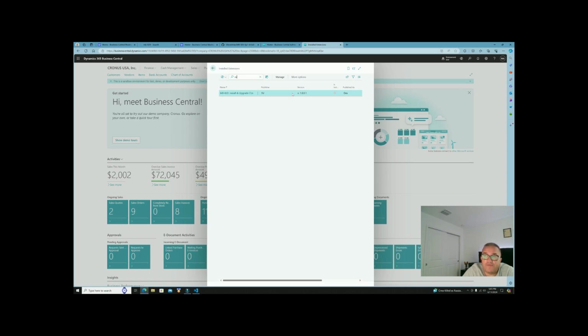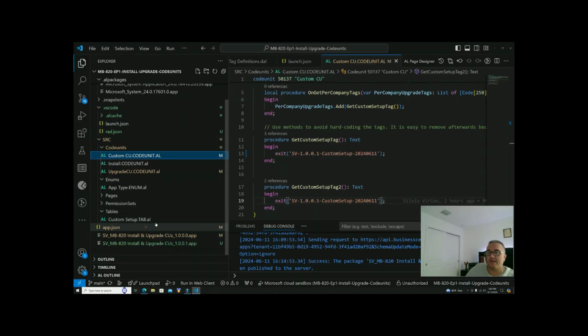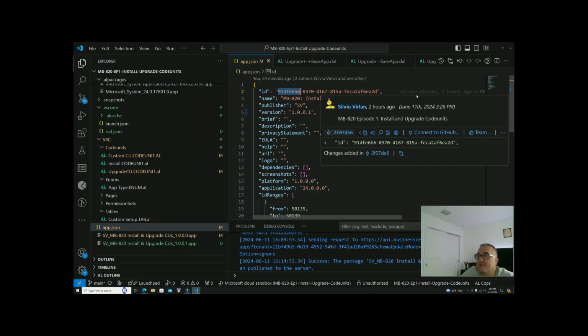And if you run an upgrade tag and insert it for a company, and then you do just like I did, changing the application ID in app.json, you give it a different ID, and you run the same code, the system doesn't know where that tag came from, because it doesn't have the app ID as a primary key, which, I mean,